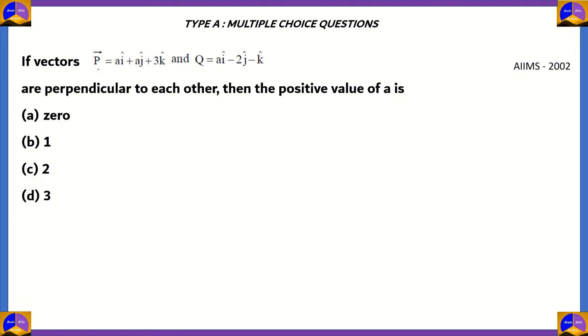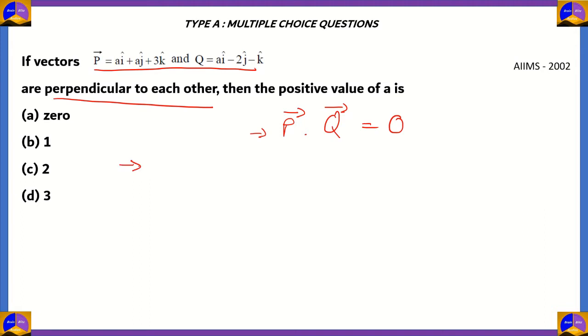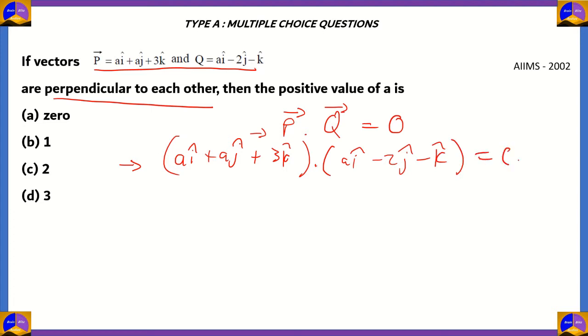Now, it's given that both these vectors are perpendicular to each other. That means the dot product of these two vectors must be equal to 0. So the dot product of p and q is 0. So (a i cap plus a j cap plus 3k cap) times (a i cap minus 2j cap minus k cap) equals 0. Therefore, now we will be using the working rule for dot product. So according to the working rule,